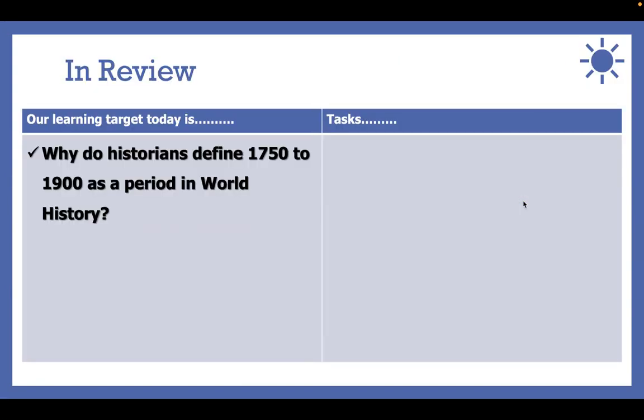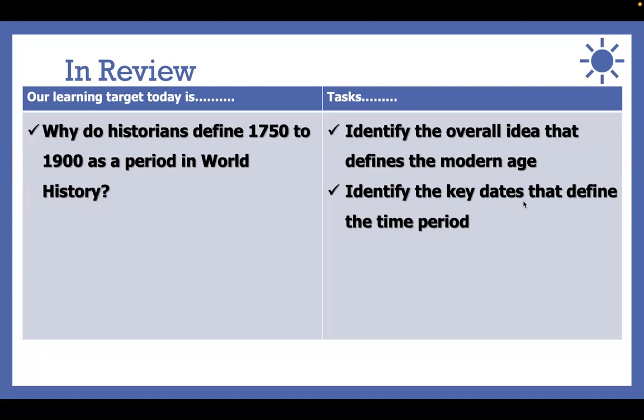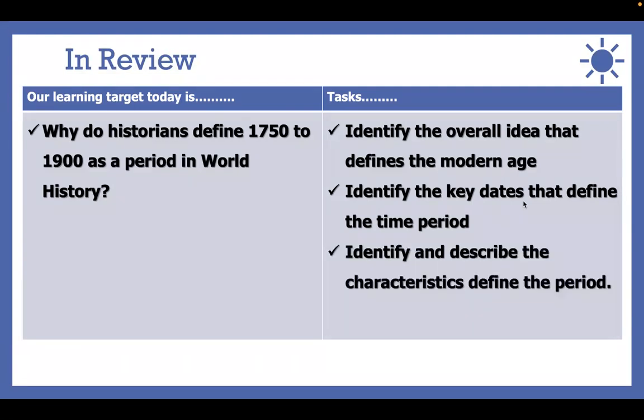So, why do historians define 1750 to 1900? We identify the main ideas. Modernization and the empiric worldview. People were seeking to make more modern stuff and stuff that makes sense to what they observed. 1750 is the start because of both the start of the Enlightenment and industrialization. 1850 is a transition because this is when it begins to really spread to the world. And by 1900, the West controls the world. And the Rising basically defines this as a period.